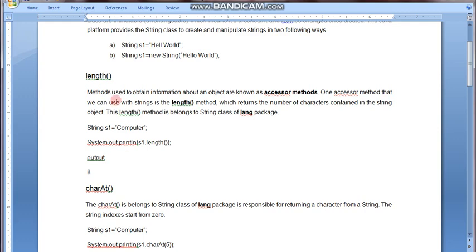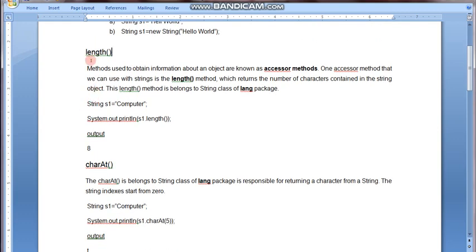What is the next function, students? The length. Now check what the length function is doing. The length function is responsible for finding out the length of a particular string. Suppose we have a string here, computer, and for computer I want to find out the length. Length in the sense of the total number of characters available in that string.